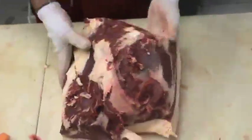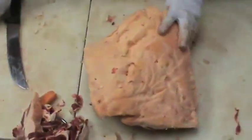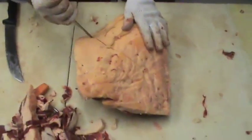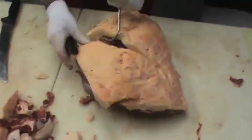On this sirloin, I'm going to cut it a little differently than what you do in a grocery store. I'm going to pull a section off of here because it's so fat, and I'm going to kind of do it the way